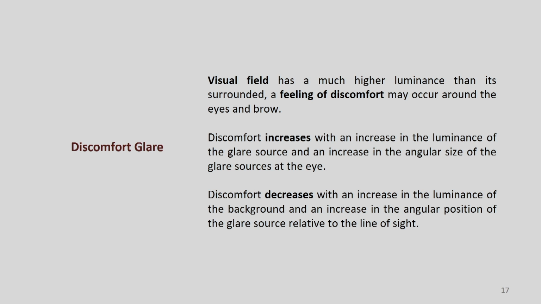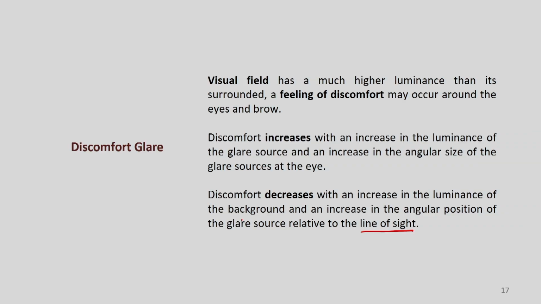So, whenever we are talking about glare and redesigning of the workplace, the main point of intervention will be the line of sight, because of how that is related to the source. If we can adjust that, of course, we will be able to reduce the glare, and if we improve the background light, that also will help to decrease the glare. So, if glare decreases, ultimately our performance will improve.